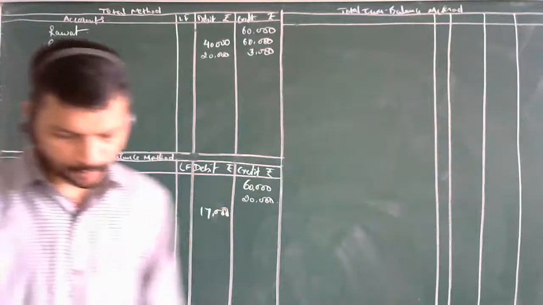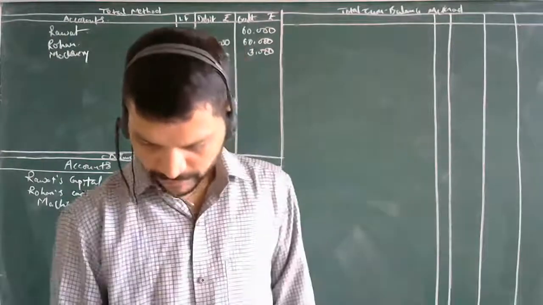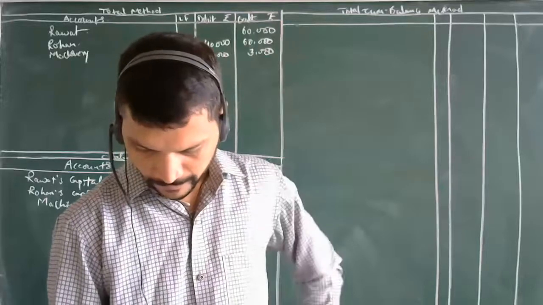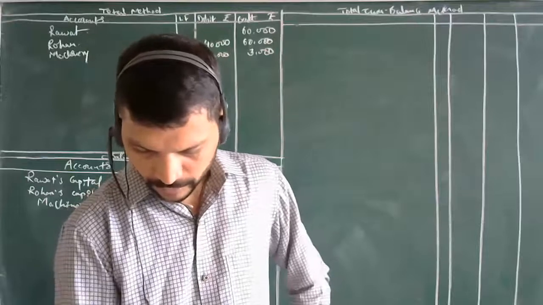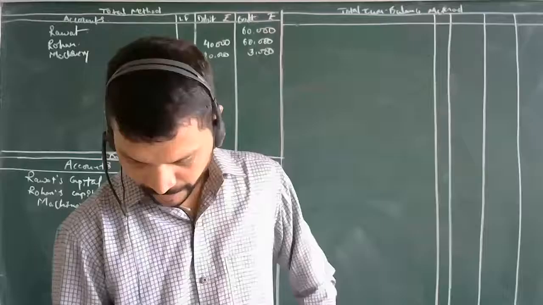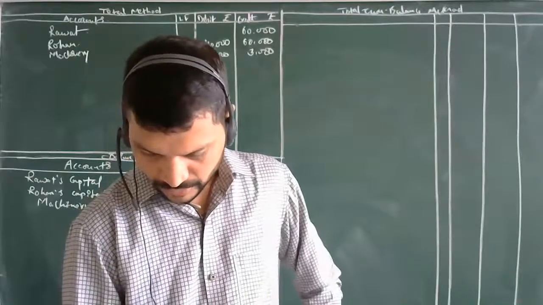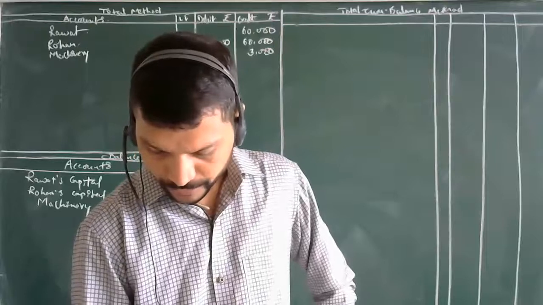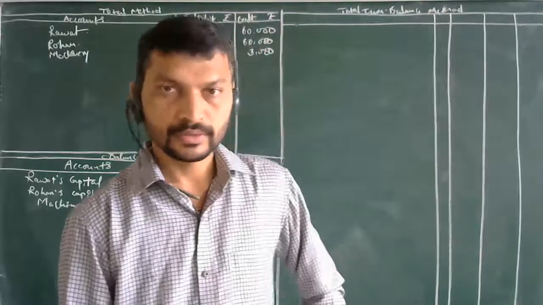So what is the next point over here? Which is the next account? After the machinery, we are having Rahul's account. What is the total of this Rahul's account? 75,000. And we are having here the cash balance. Now here we are having it as a credit side, right? So here you are going to remember which account we are going to debit and which account we are going to credit.